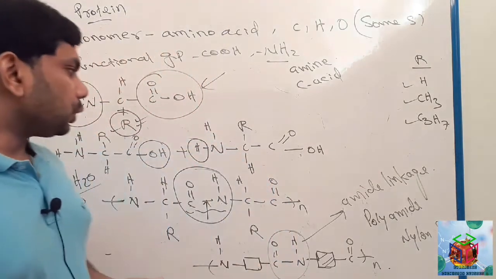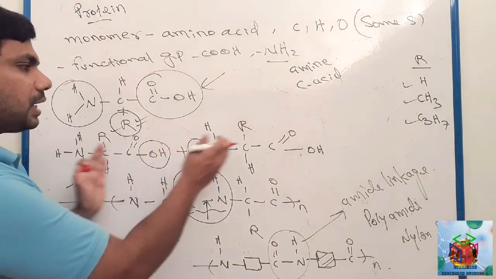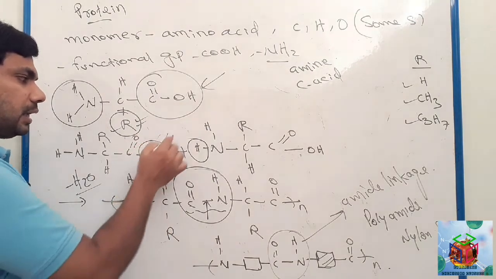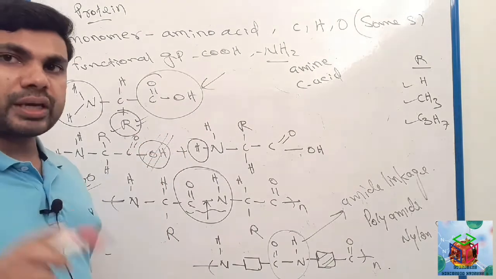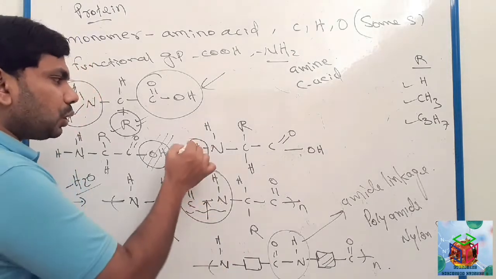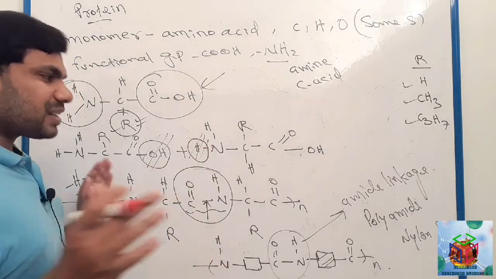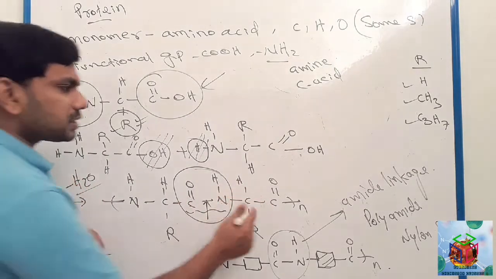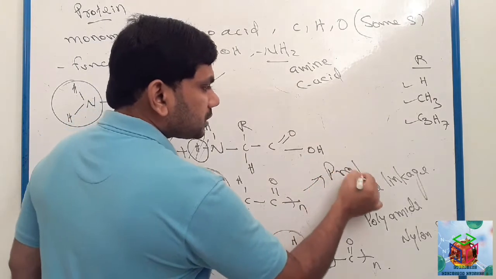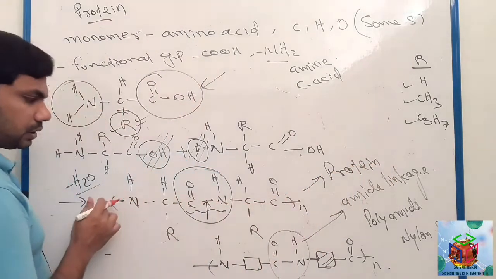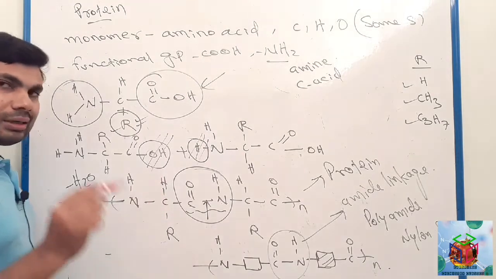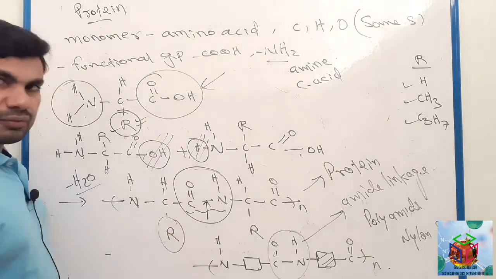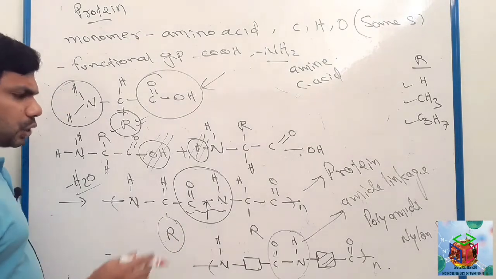So here this is one amino acid and this is another amino acid. Remember always, from carboxylic acid the OH will be removed, and from NH2 one of the hydrogens will be removed. So the rest of the part you have to join. Clear? Now see here, I told you this is the structure of protein. I told you there are 20 different types of amino acid. Each amino acid R will be different. So this is the protein.